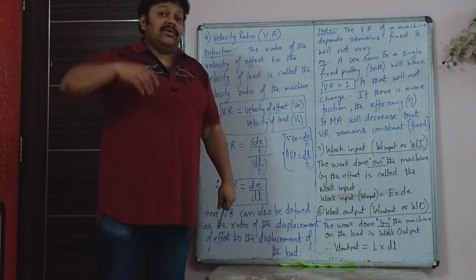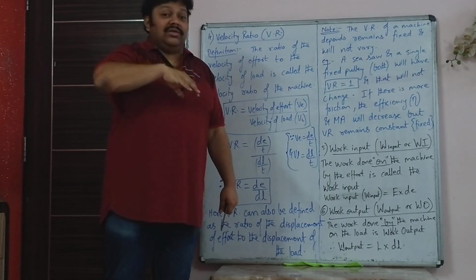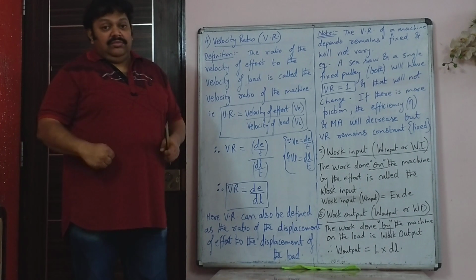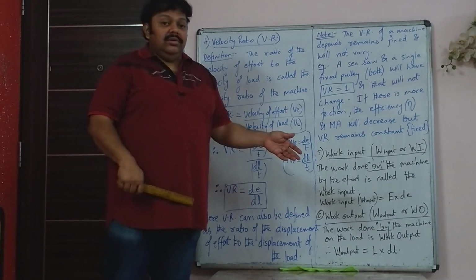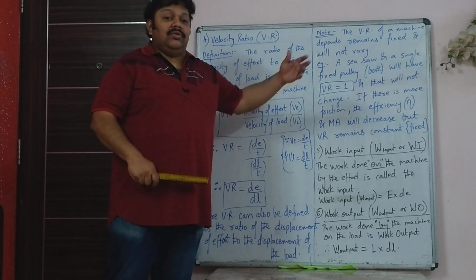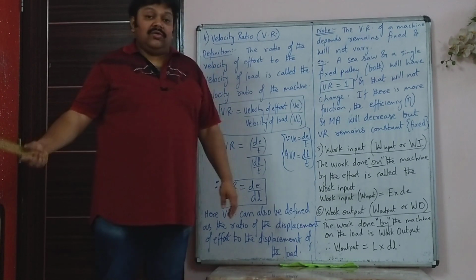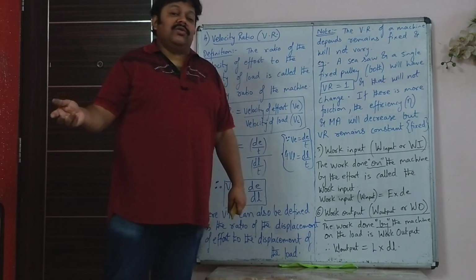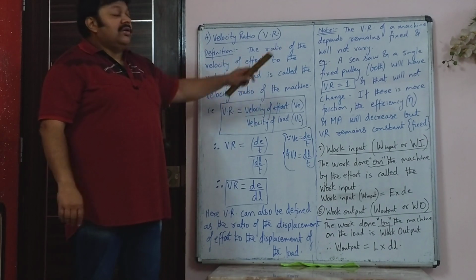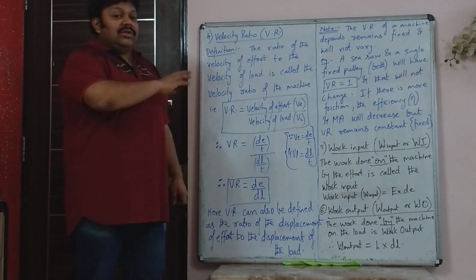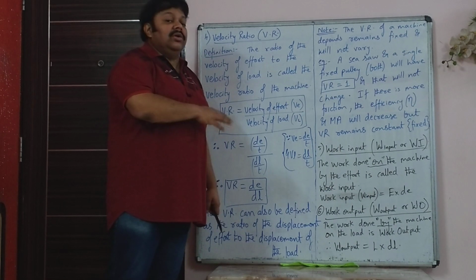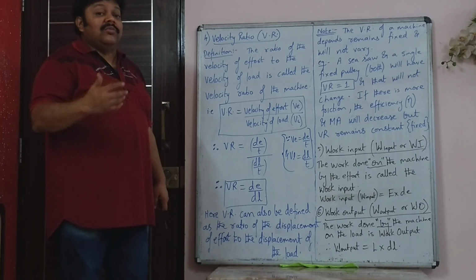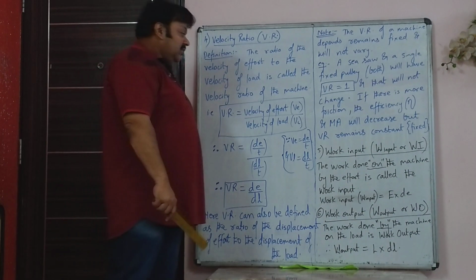Now please understand this: if the efficiency of that machine, that pulley, is fully rusted, then maybe you have to apply more force, more effort, to lift that same bucket. But effort and load are not related to velocity ratio, they are related to mechanical advantage. So the mechanical advantage may decrease and the efficiency of the machine may decrease, but velocity ratio remains fixed. I hope you remember this example of a single fixed pulley, so that you understand that the velocity ratio of a machine doesn't change, it remains fixed.